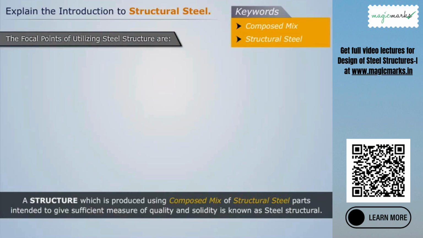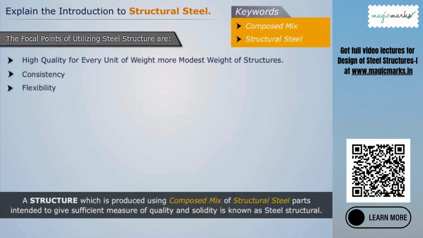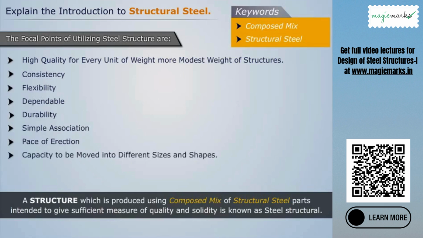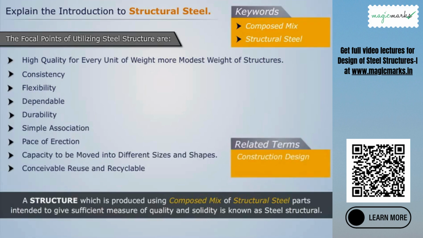The advantages of utilizing steel structures are high strength per unit of weight, smaller weight of structures, uniformity, flexibility, reliability, durability, simple connection, pace of erection, capacity to be rolled into different sizes and shapes, possible reuse and recyclability. Related terms are